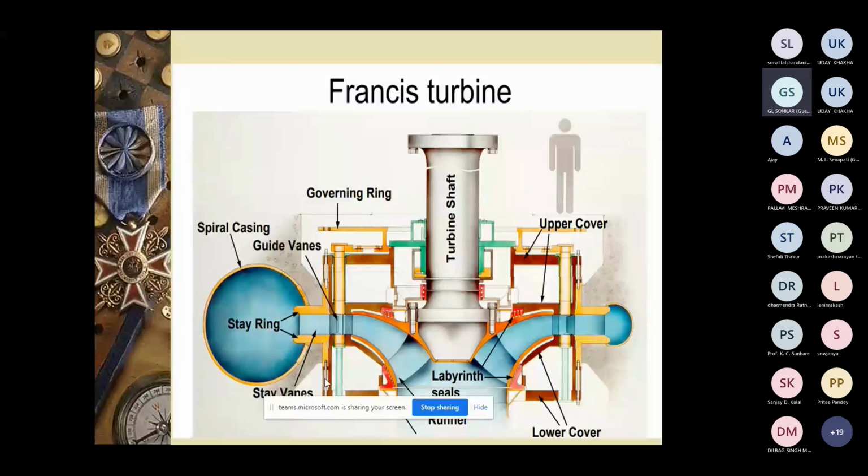It is there only. Then this is a Francis turbine. Then this is my turbine shaft. Then the upper cover, it will be sealed by some iron arrangements. That is called my upper cover. Then you can see some labyrinth sealing is there. You can see from here some zigzag upper and lower. If you can follow my cursor, these are the labyrinth sealing. I will discuss it when we get to labyrinth.